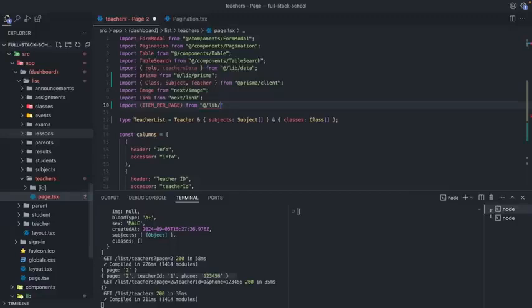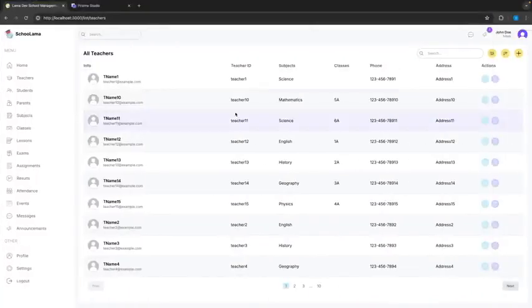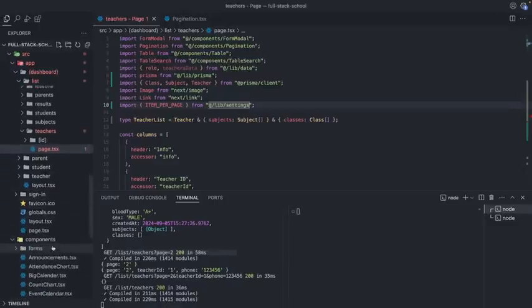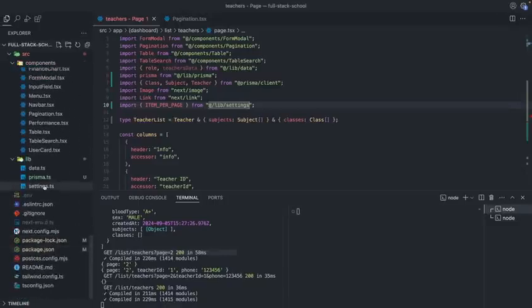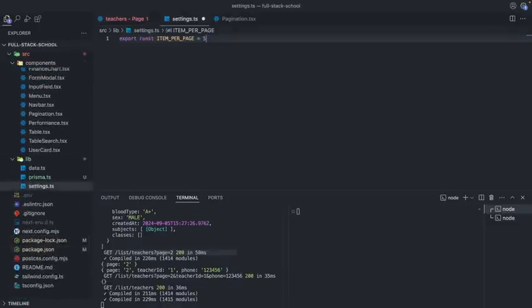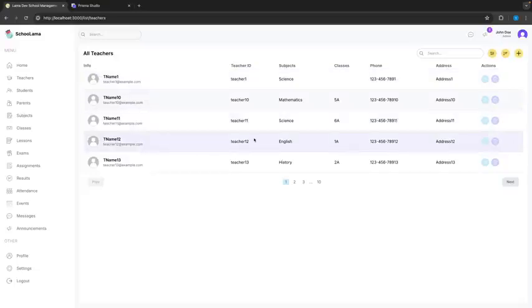Library folder and settings. Okay, it's still the same. Let's make this 5. Okay, it works. So right now we can use our pagination component, but to decide how many pages we have,